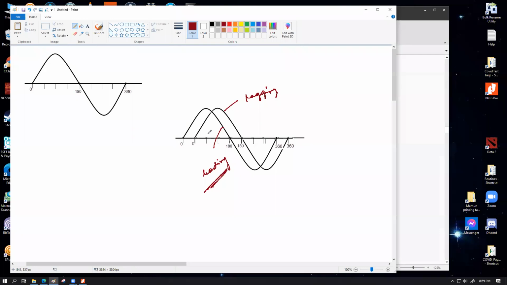So the reason we have a shape like this is that